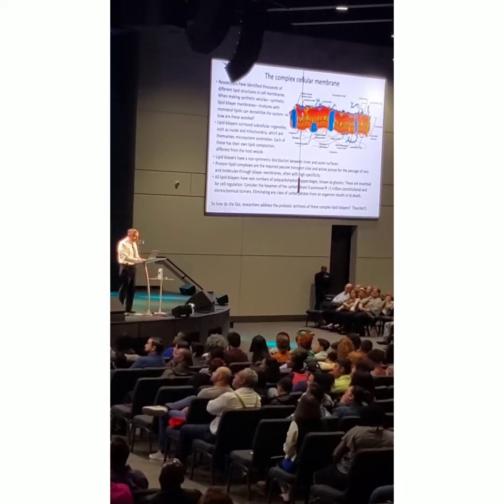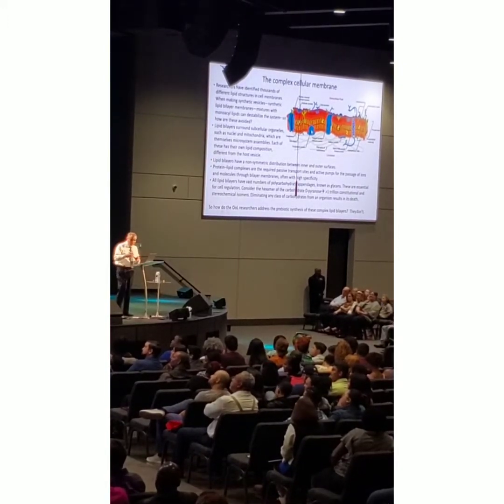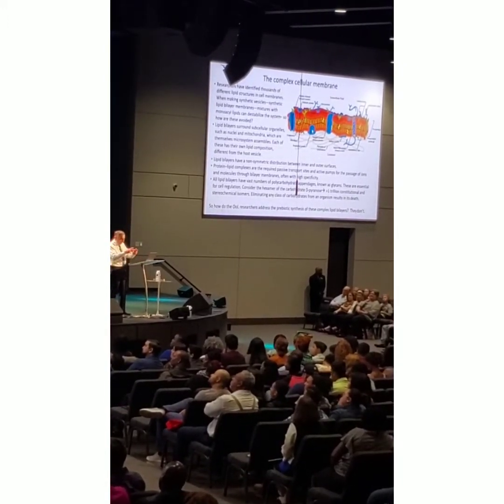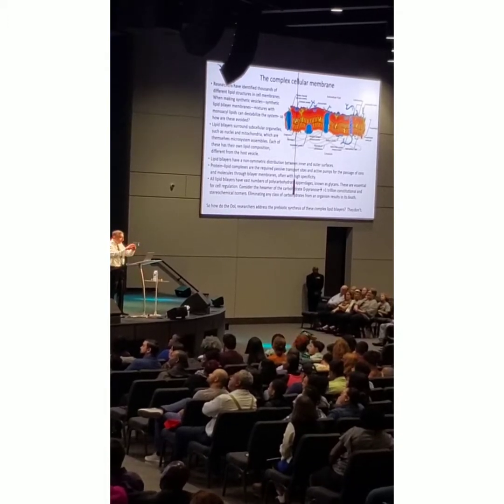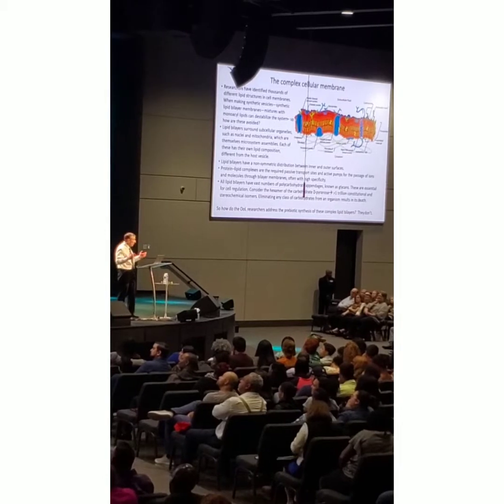And then you have all these other organelles. So you have the outer side different than the inner side, and then all the organelles inside, the mitochondria, the nucleus, they all have their own lipid membranes, and that's a different constitution with different lipids. We don't know how to do that.